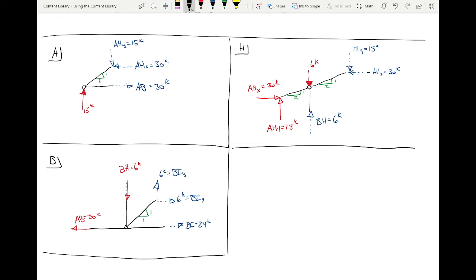I'll tell you one trick that I used to do when I was an undergrad and I was taking this class: I would draw an exploded view of the whole truss, right? I would say, here's a joint, here's a joint, here's a joint, and draw these little joints. Then every time I solved a member, I would put the arrow in the opposite direction on the other member. And once I had it drawn out, I could solve the whole truss in a couple minutes. Then it was just Pythagorean theorem, move on to the next problem. So,